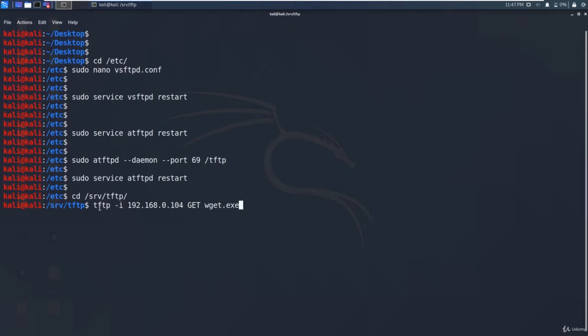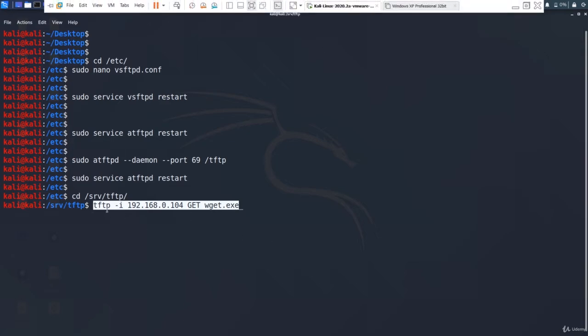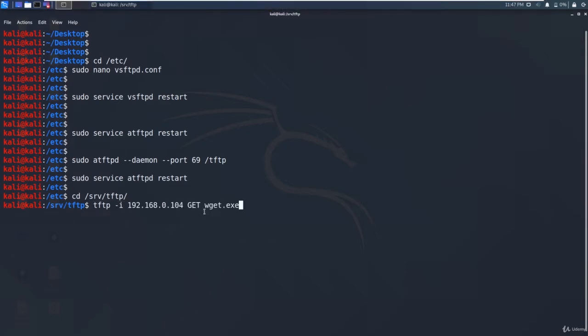so this command you should type in this Windows XP command prompt, and after that the file, this wget.exe, should be stored in this srv TFTP folder, and then you can execute this command and you will get the wget.exe. So this is another way, and this TFTP is by default installed in the XP and 2003, but it's removed from Windows 7.